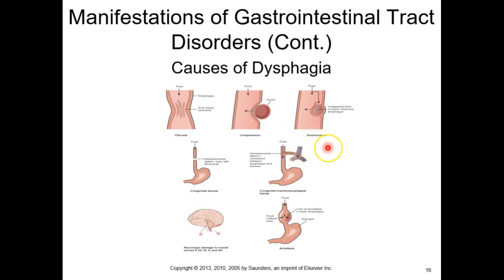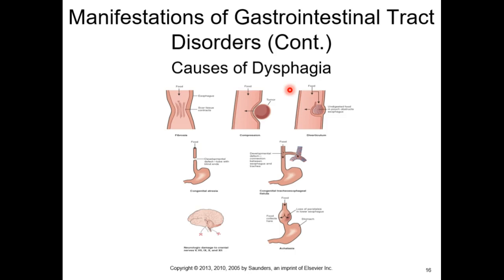A diverticulum, you can have diverticula that are congenital, like you were talking about swallowing and it's going to the wrong place. There can be a congenital form of that, or it can be a result of scar tissue buildup. And remember, we're talking about walls in the GI tract, or layers and tunics, just like we did all throughout AMP2. There's tunics, there's layers. A layer can separate away as a result of trauma and scar tissue, and then that can develop into a diverticulum. And now food's going to go into the diverticulum.